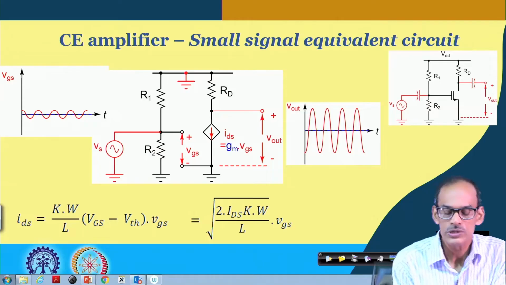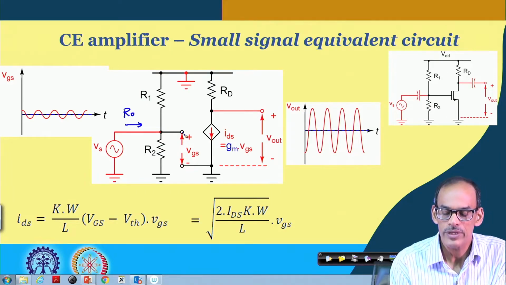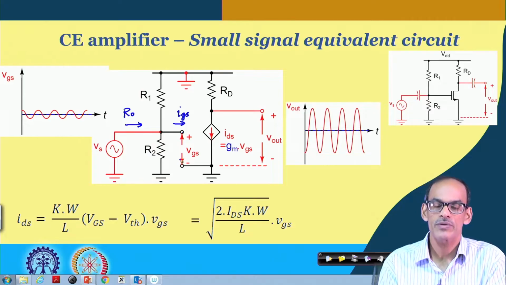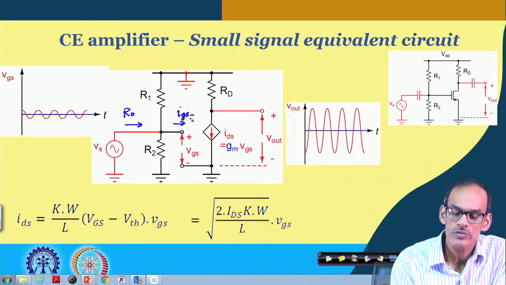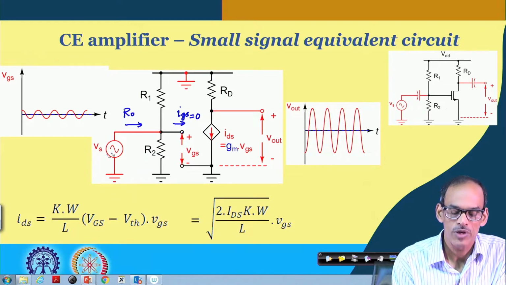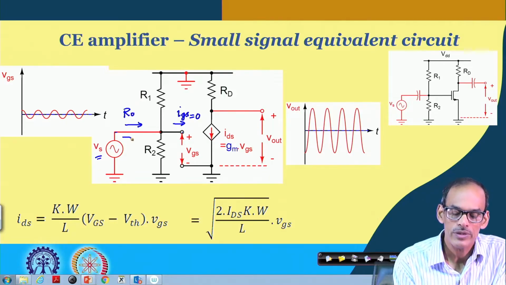at the input port, if you see what is the corresponding resistance here, and since the circuit here it is open, namely the gate current is 0, whether it is large signal or small signal, as long as we are not considering the effect of the capacitance from gate to source, we can assume that this is equal to 0. So, if we again stimulate this port by say Vs,